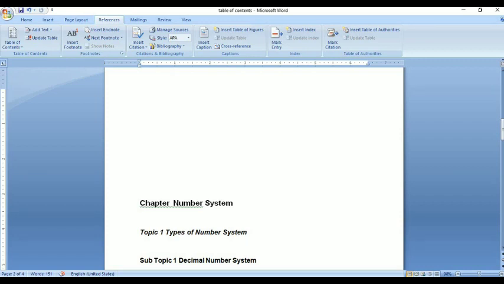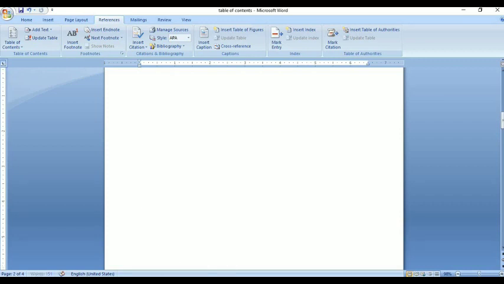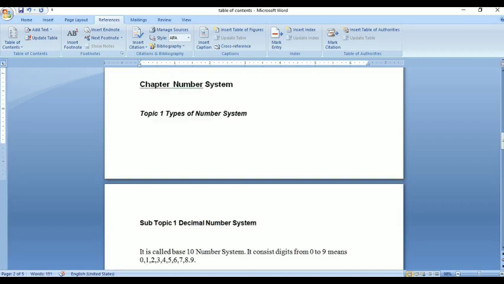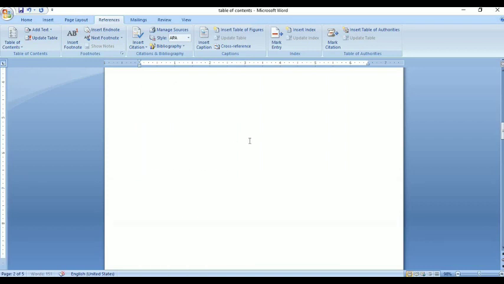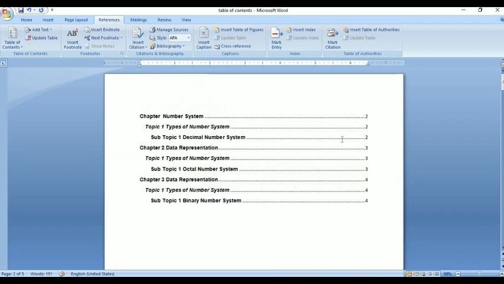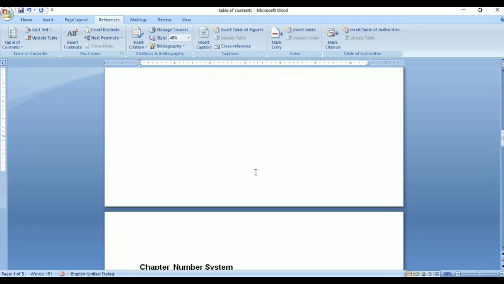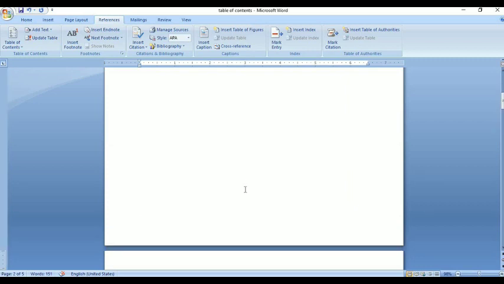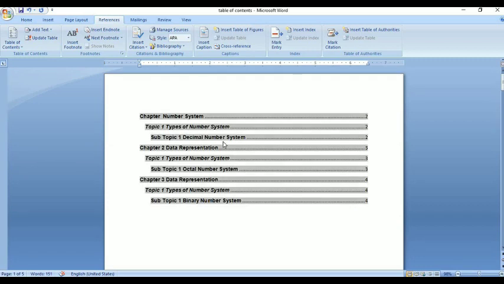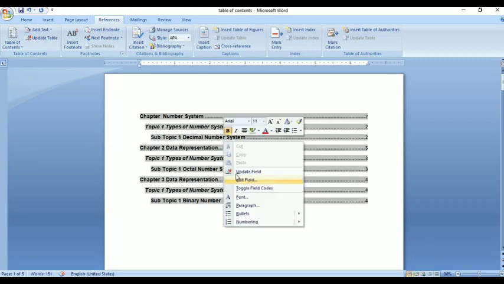Do some change like this. Place your content in the next page, and now the second page is blank. Again you have to see here, this first topic is given page number 2, but it appeared in page number 3. What I will do, right click, update fields.